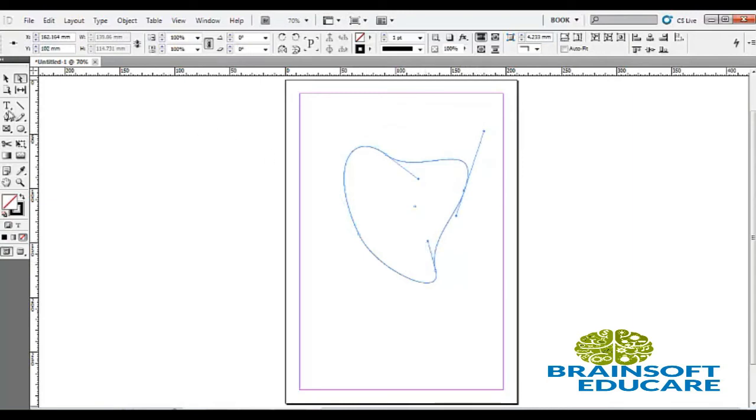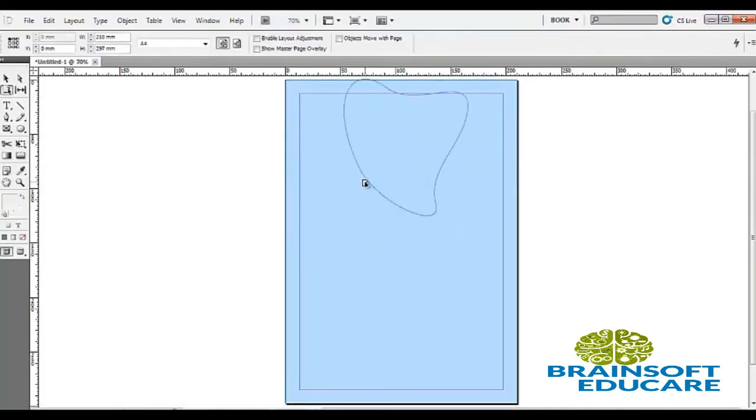Third tool is the page tool, which is used to create multiple page sizes within a document.